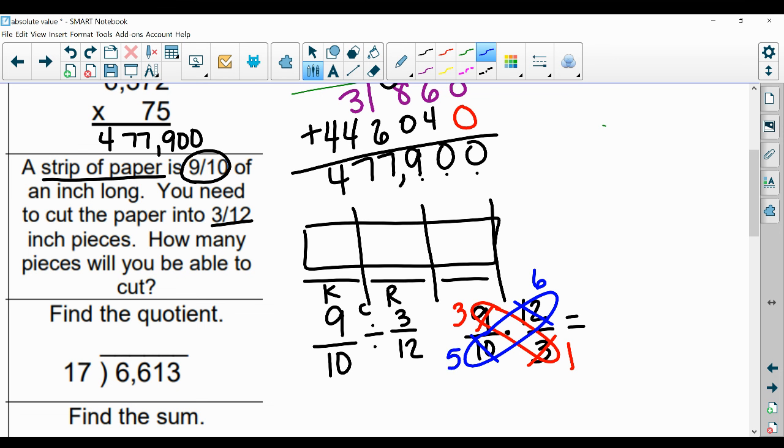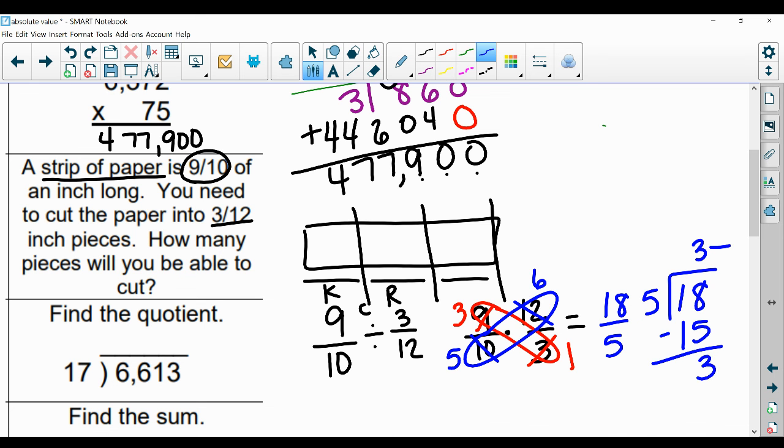Now I have smaller numbers that I can multiply with. 3 times 6 is 18. 5 times 1 is 5. I have an improper fraction because my top is greater than my bottom. So I have to do 18 divided by 5. 5 will go into 18 3 times. 3 times 5 is 15. When I subtract,